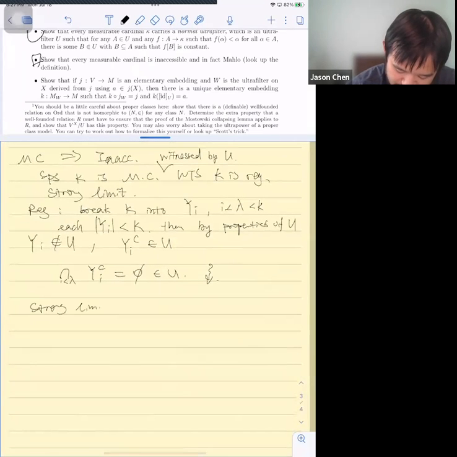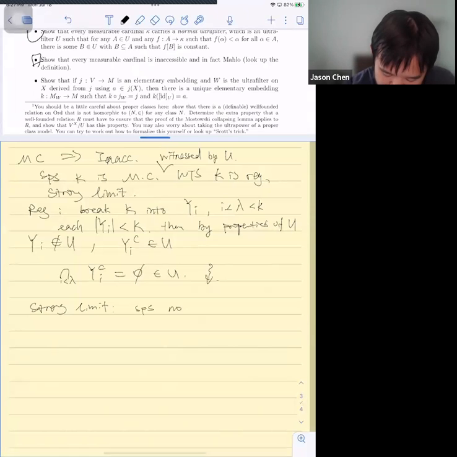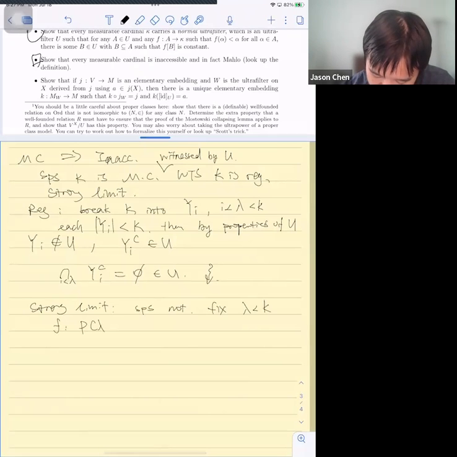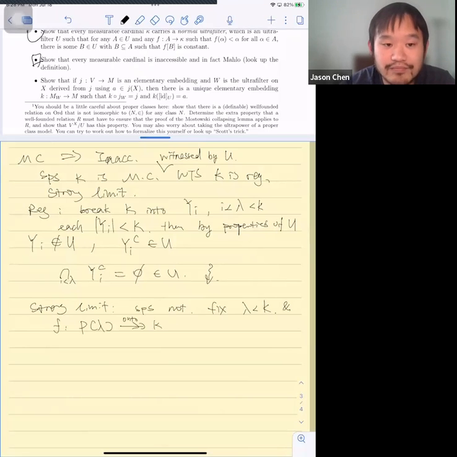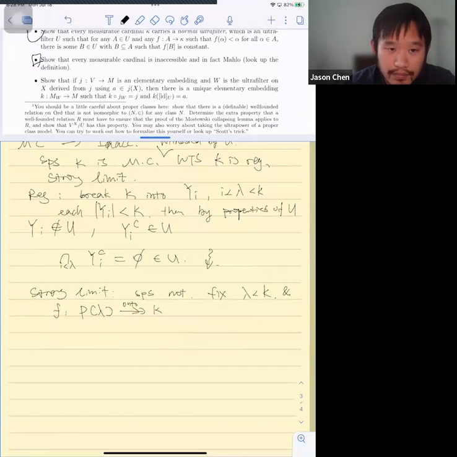Strong limit. Let me see. Strong limit. So suppose not. Right. Fix some lambda less than kappa, and some function f, a surjection, mapping the power set of lambda onto kappa. So kappa is not a limit cardinal. Then